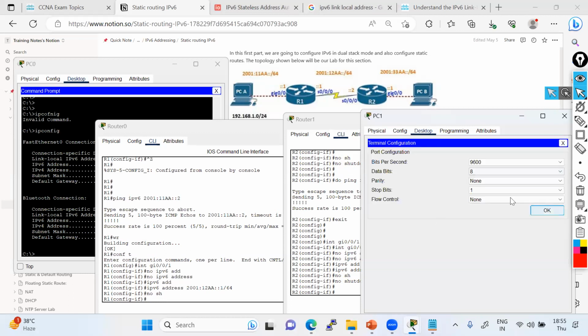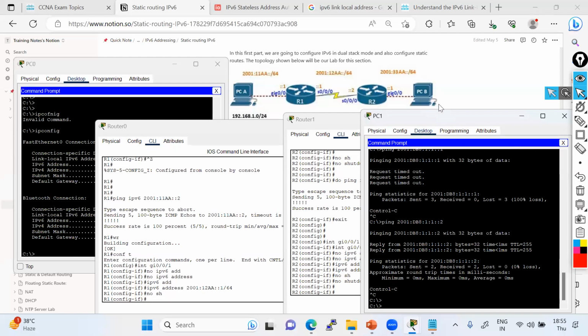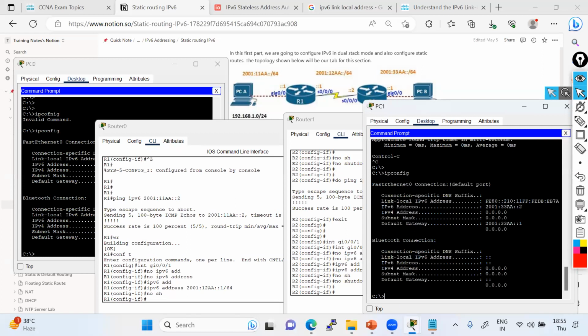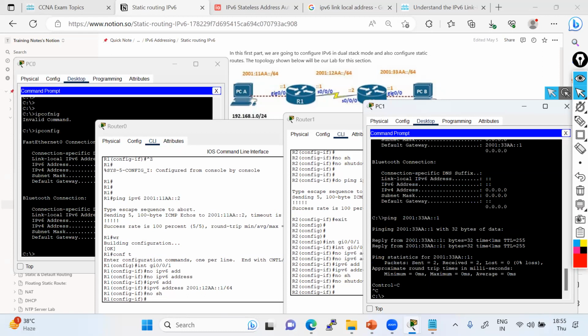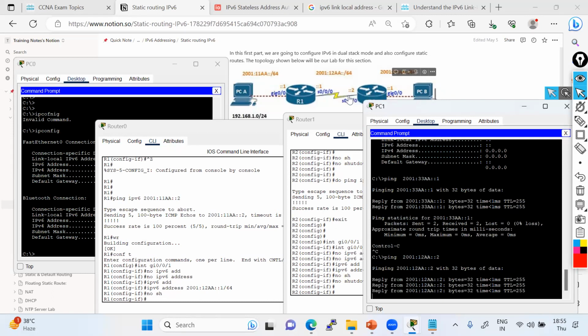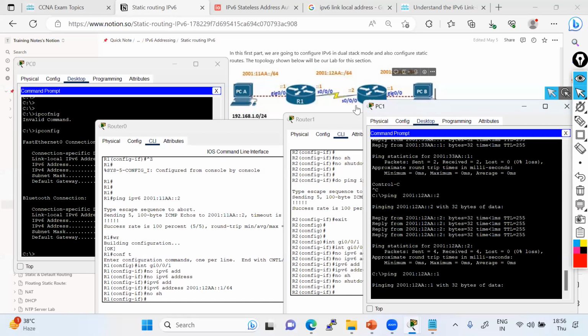So I will go here, command prompt, and let's see if this PC is able to ping or not. So ipconfig. So this is fine. So ping the gateway first. It's reachable or not. So the gateway is reachable. Now ping to 12.2. So it is pingable. So this PC is able to reach this, but this 12.1 won't be reachable. Let me show you. Not reachable. So we have to do the routing.